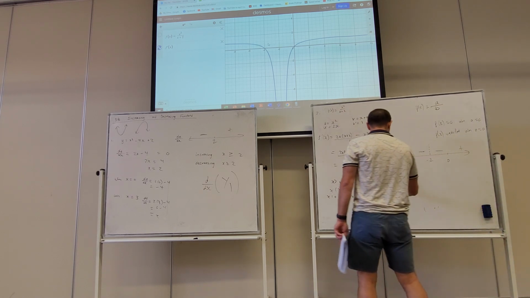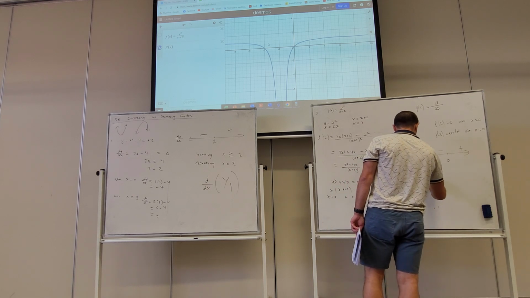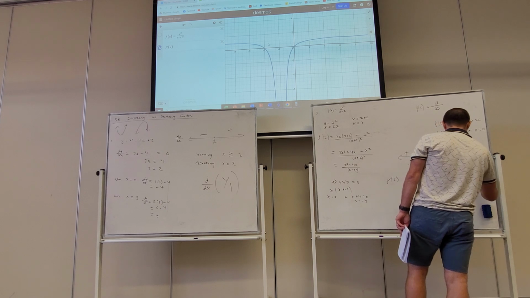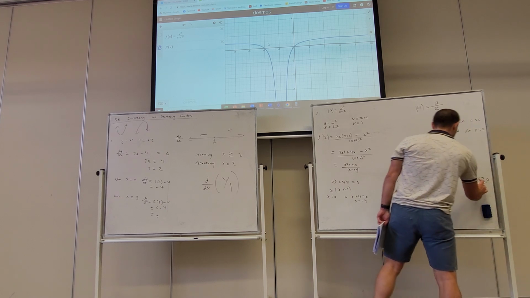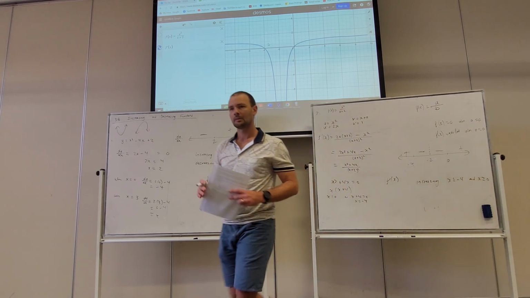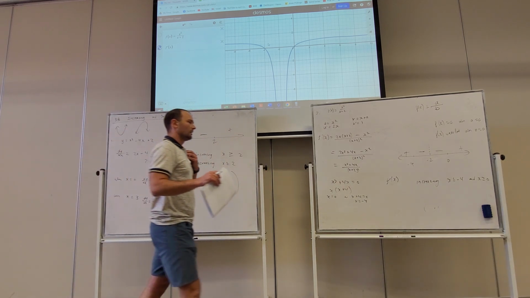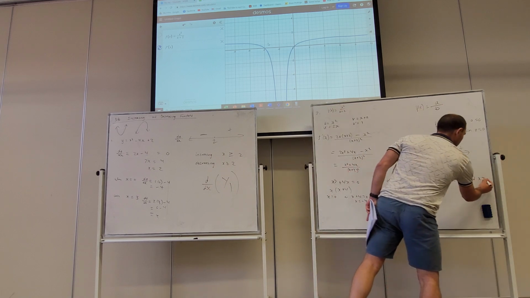So f of x is increasing, but x is less than or equal to -4 and greater than 0. And decreasing